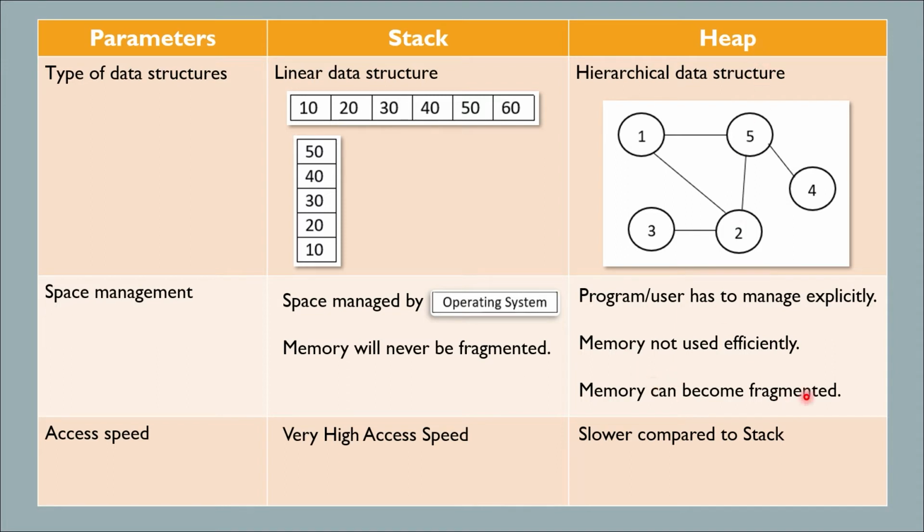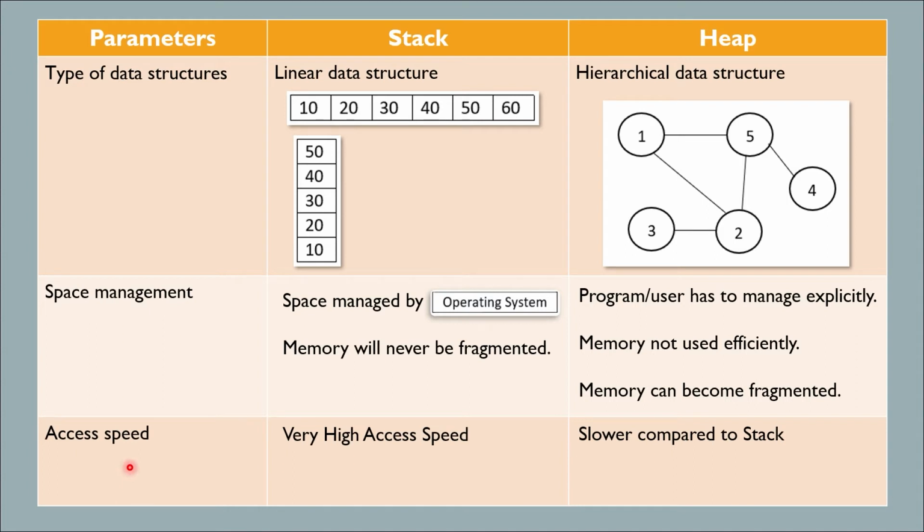But in heap, we have fragmentation. So the programmer has to manage this explicitly. CLR will never deallocate unused memory by itself, especially for unmanaged resources like images, videos, DB connections, strings, etc. So we have seen the fragmentation. It happens in this case. We can see a number of fragmentation issues in the heap memory allocation mechanism.